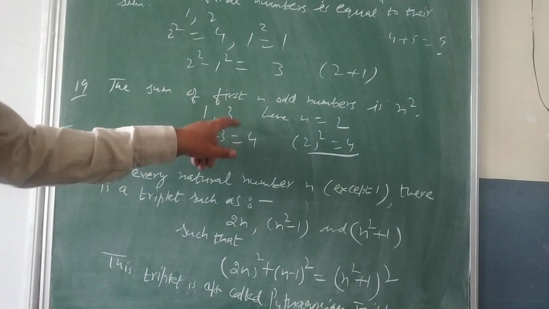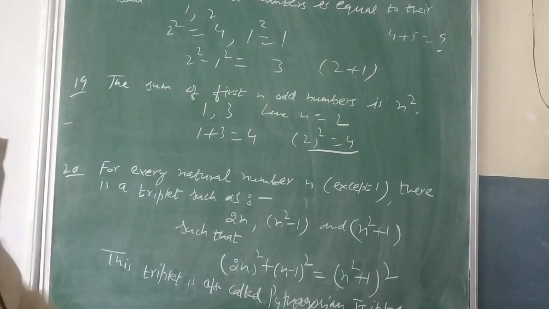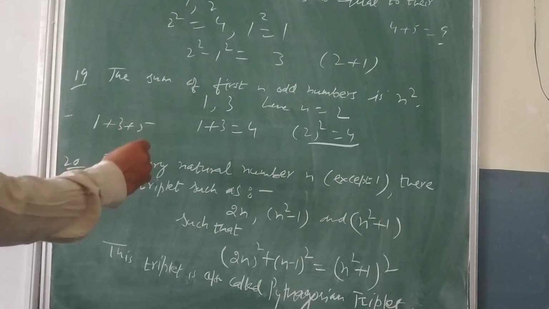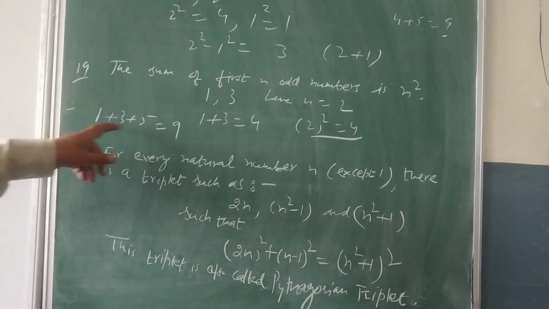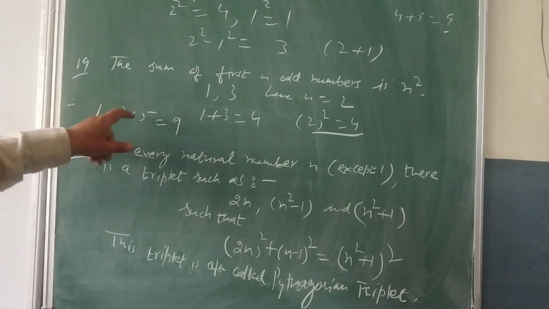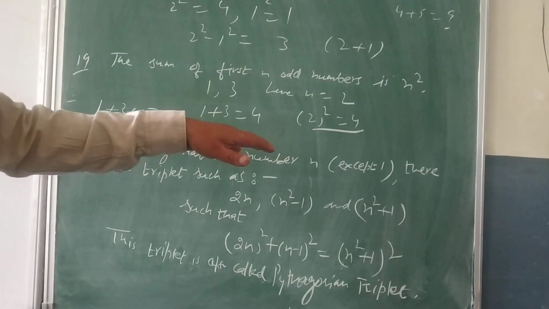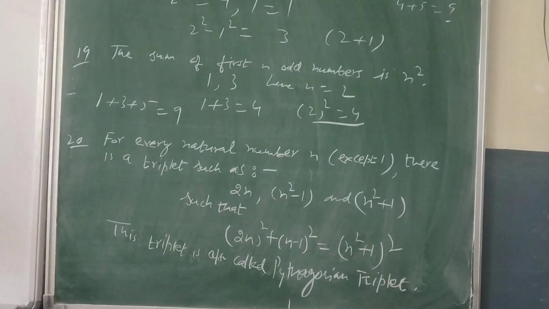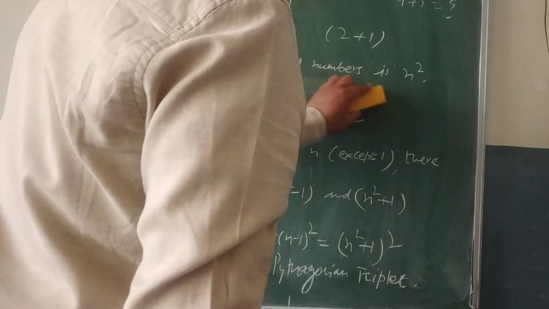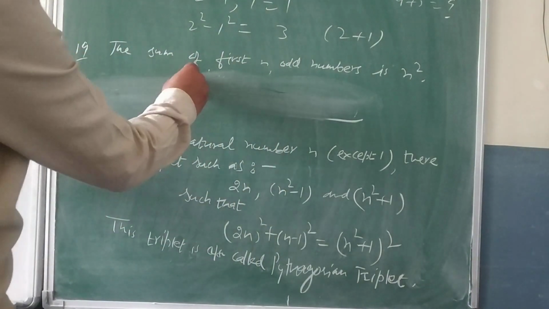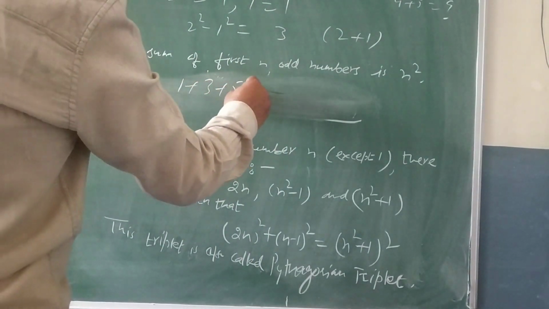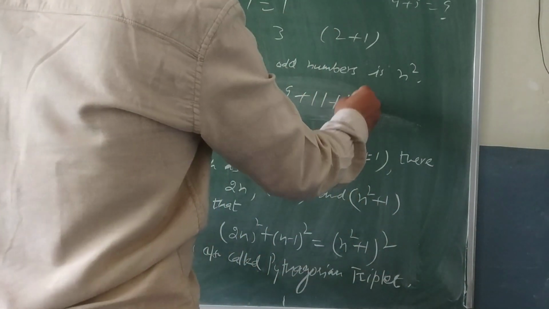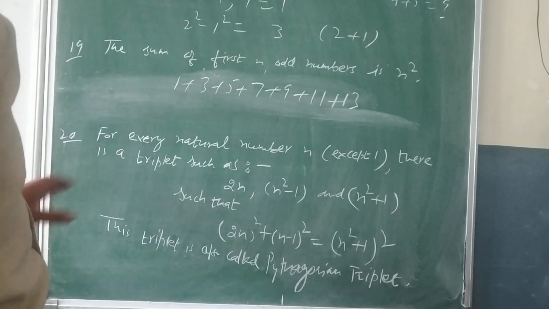So if I have taken 2 natural numbers, I will take n is equal to 2. Suppose you take the first 3, that is 1, 3 and 5. Now the sum is equal to what? 9, that is 3 square. Why? Because I have taken n is equal to 3, so the result will be n square, that is 3 square. Suppose I am taking the first 7 odd numbers together. That's why I am saying it is a very interesting property. We are saying 1 plus 3 plus 5 plus 7 plus 9 plus 11 plus 13. And now you need to determine the sum.